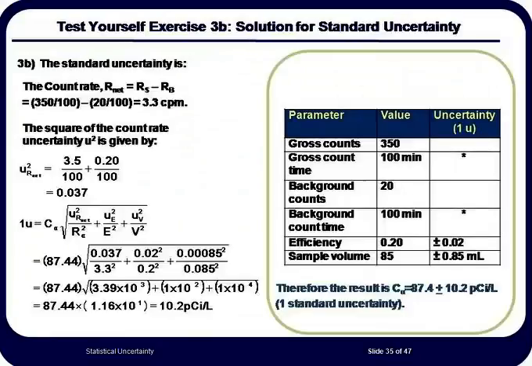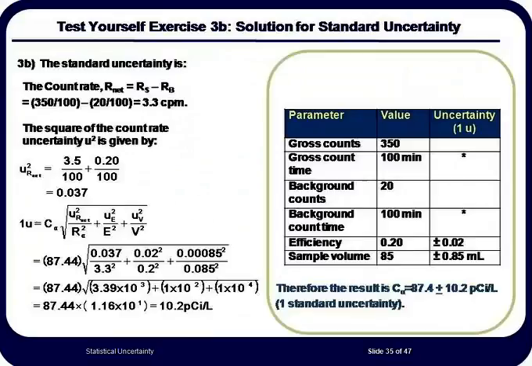Using the general formula for the combined standard uncertainty previously shown, we will have three components that we will use: the count rate uncertainty, the efficiency uncertainty, and the sample volume measurement uncertainty. In order to calculate the uncertainty of the count rate, we need to calculate the count rate itself and its associated uncertainty. The net count rate is 3.3 counts per minute per the data provided. Since we don't need the count rate uncertainty all by itself, but the variance, we have shown here the value for the square of the count rate uncertainty as